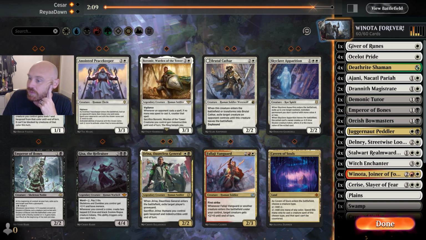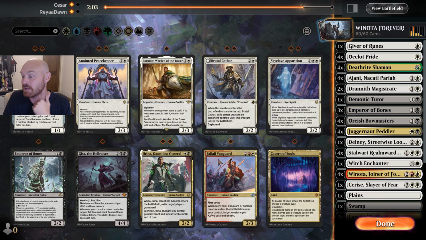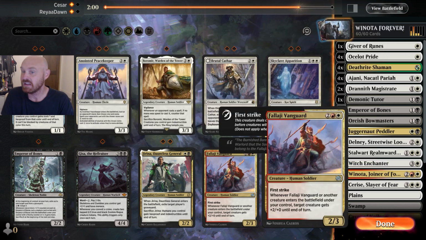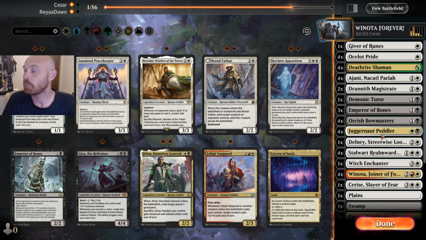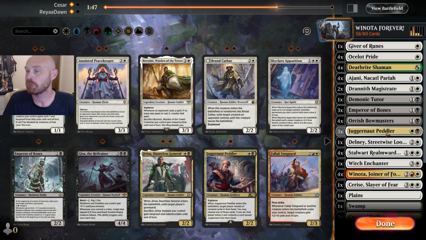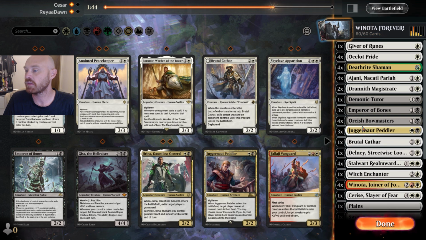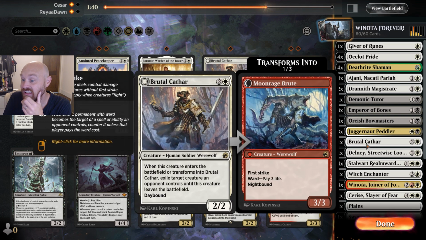Maybe we do need the Brutal Cathars. Honestly, Brutal Cathar seems better than Juggernaut Peddler. Peddler's not really getting anything. I feel like I need to deal with things on the board more than I need to deal with things not on the board. I'm gonna go 1 Brutal Cathar. Should I go 2? What do we think? He's gonna obviously get hit, but...